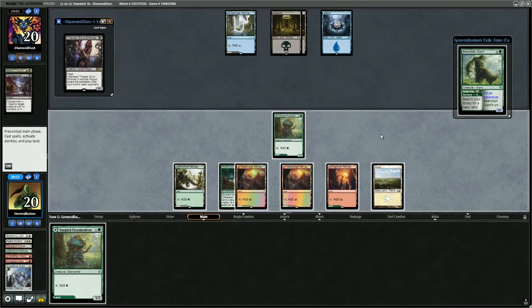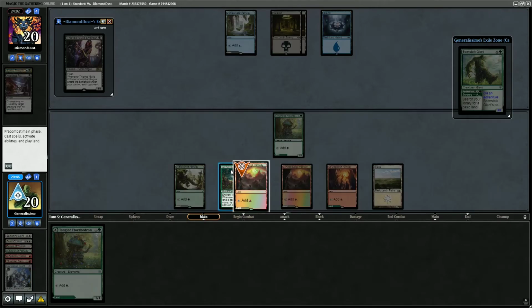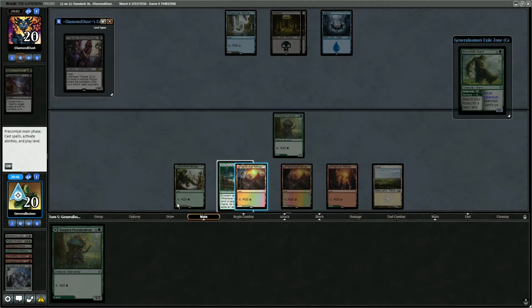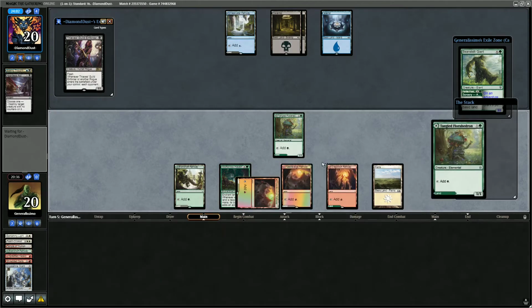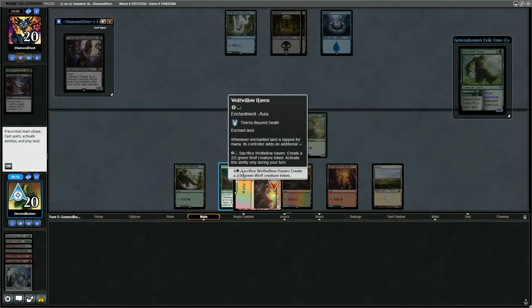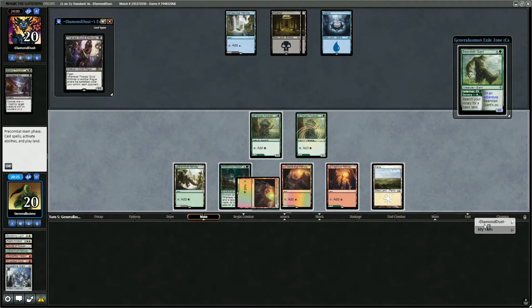Do I want to run the Beanstalk Giant into potential counter spell? No, I don't think that's necessary. I think I'll play Florahedron and then sack the Wolfwillow Haven to get 2-2. This can only be done at sorcery speed, I think. Well, only during your turn. So let's